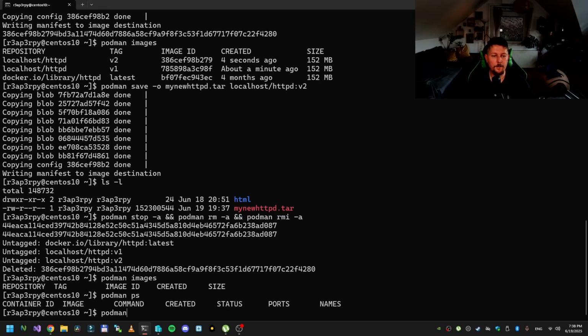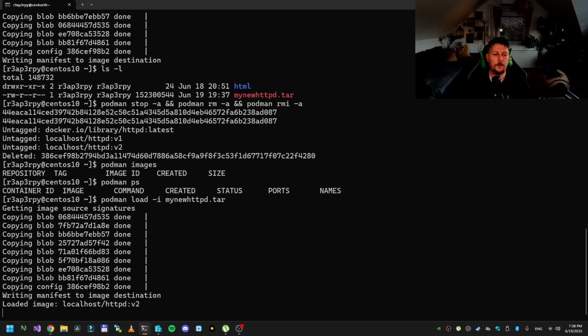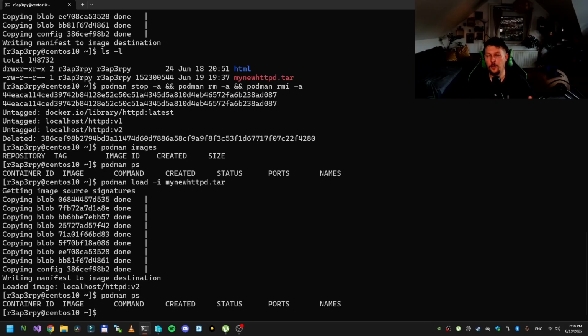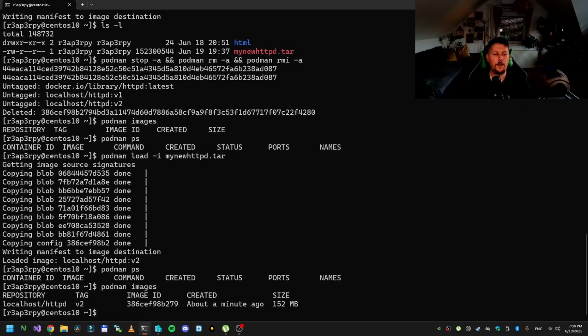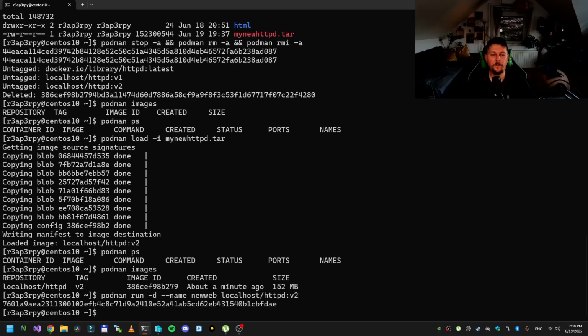So podman load -i mynewhttpd.tar, and the podman ps is not going to show that this is running, but the podman images is going to show that this is the container, and the run is going to be able to take the httpd:v2, and if we exec to it